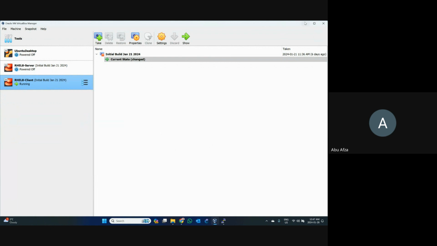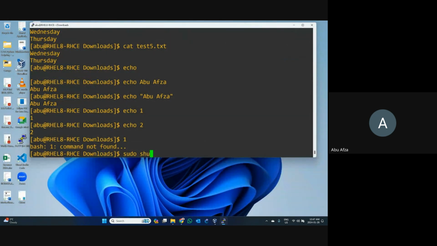I don't want to do it that way because the Linux environment is very difficult. And another thing is the VirtualBox. You don't know tomorrow whether it is working or not. This is another problem with VirtualBox or VMware. That's all third-party software. Third-party software works like that. Free means something is wrong. So we need to always use the licensed version. But VMware and VirtualBox are free, so we don't need to think about licensing.